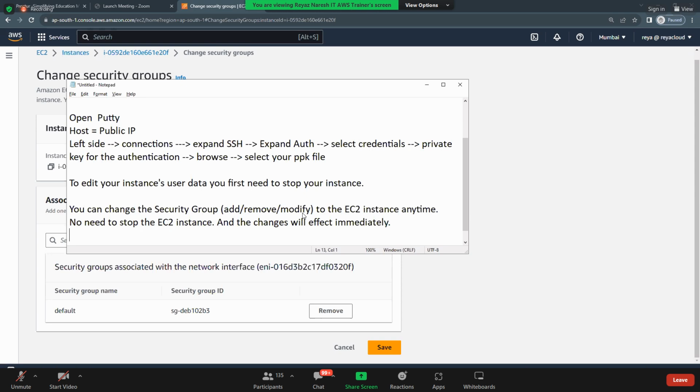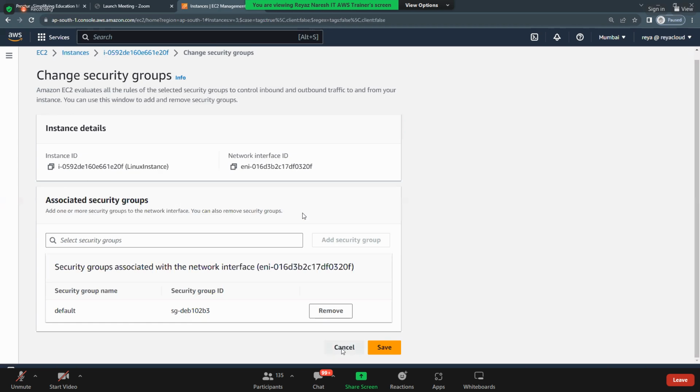If you remove SSH, will it be immediately affected? Yes. Okay. Got it? So, cancel.